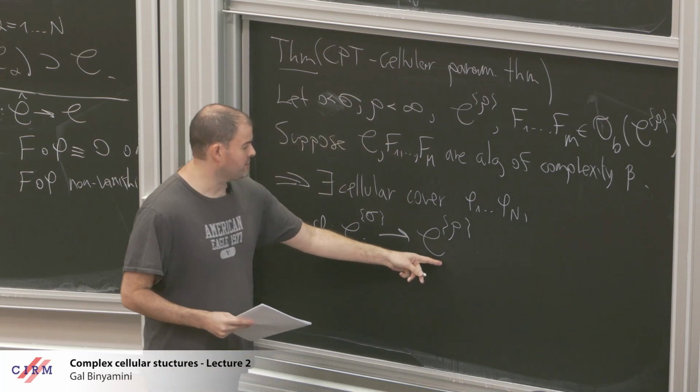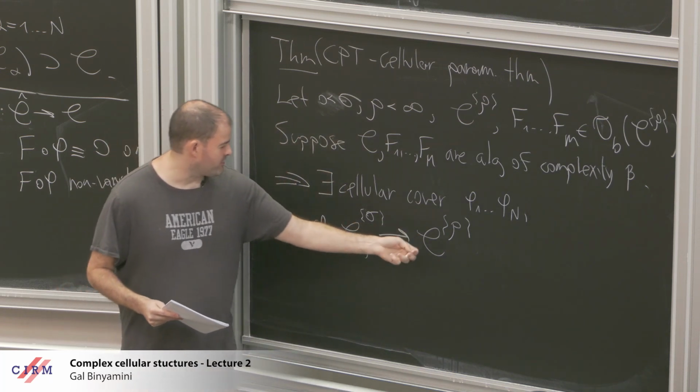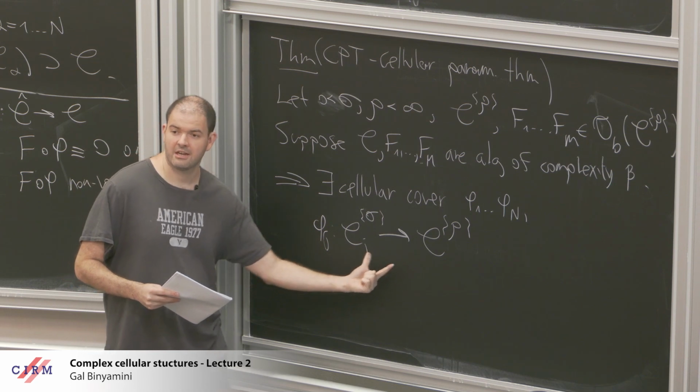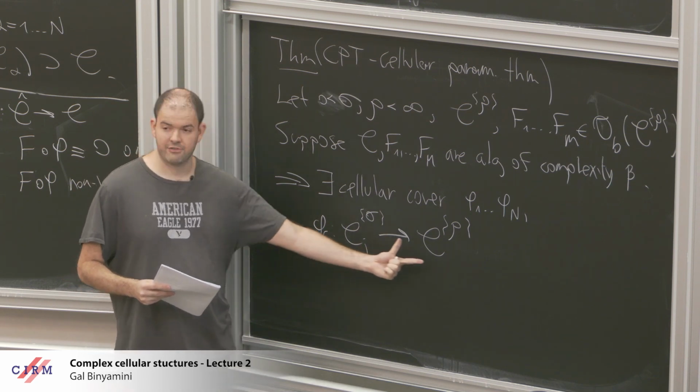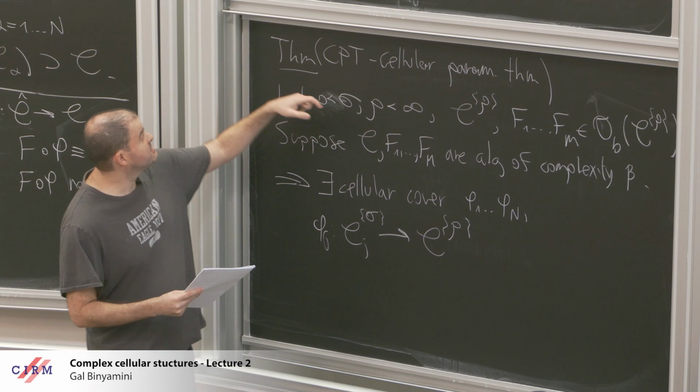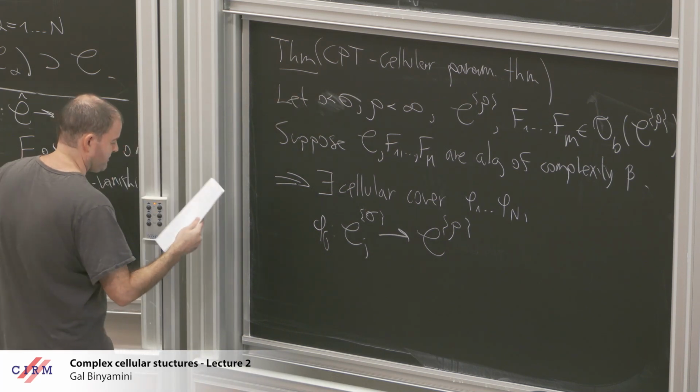So we are covering our cell. So this is a cellular cover. It means that the images of phi j cover C. Okay, so same definition of cellular cover that I made here, where